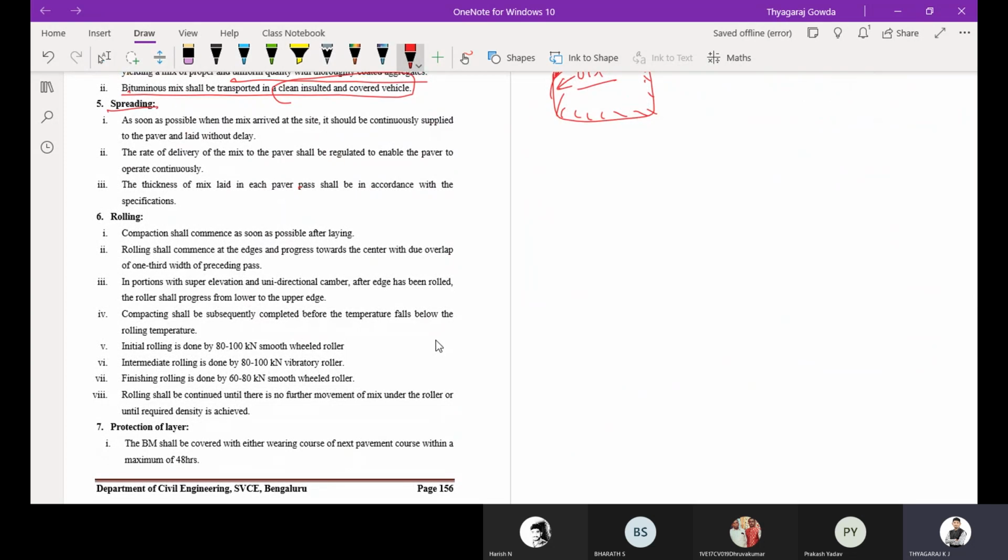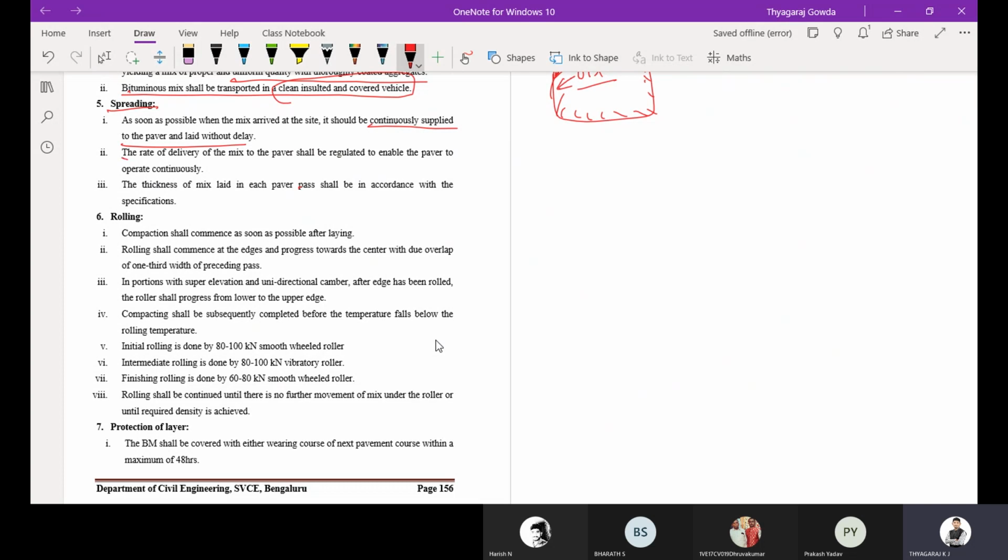Then spreading, how are we going to spread? As soon as the hot bituminous mix arrives at the site, it should be continuously supplied to the paver and laid without delay. You are going to lay it and compact it.